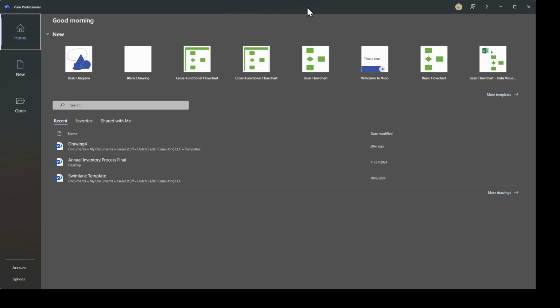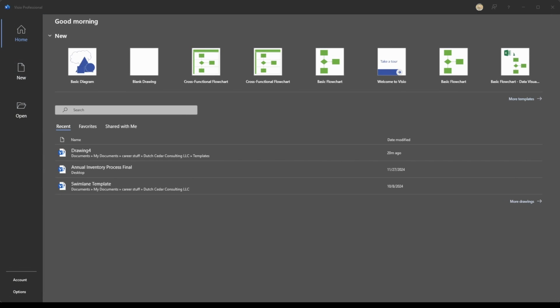So the first piece of this I'm going to do is show you step by step how to create a process map template. So here I've opened up Visio, and this is what it looks like when you open it up. So hopefully at the top you have cross-functional flowchart. That's what you're going to use, because when we process map, we like to have the rows, or the swim lanes rather. So you can just click on that,